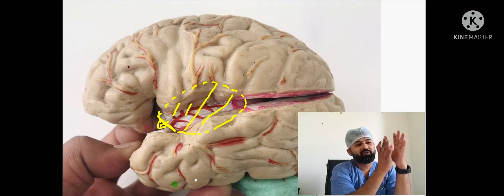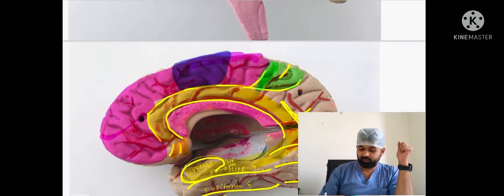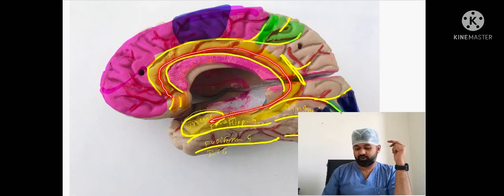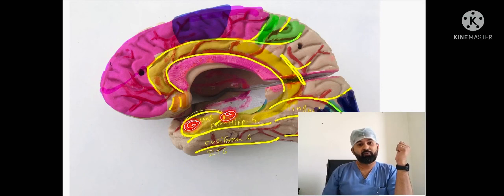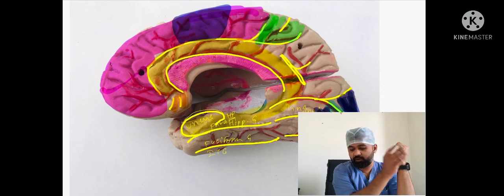Another part which is in between three layers and six layers is known as the paleocortex, which is intermediate in development, and this is formed by the cingulate gyrus. We saw the cingulate gyrus. Okay, this is the cingulate gyrus. The cingulate gyrus is formed of paleocortex. The hippocampus and the rhinencephalon are formed of archicortex, which is the oldest in development, and the rest of the cerebrum is formed of neocortex, that is six-layered cortex. So that's all about the cerebral cortex.